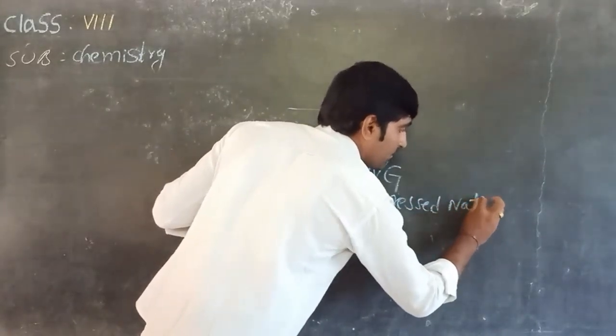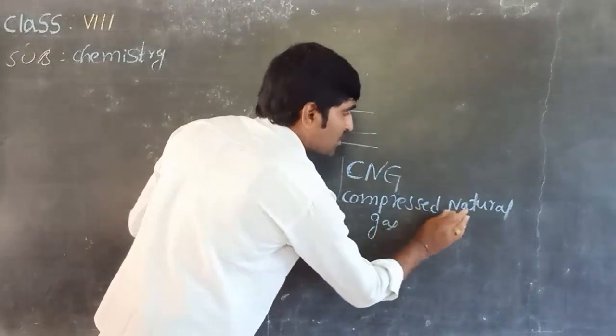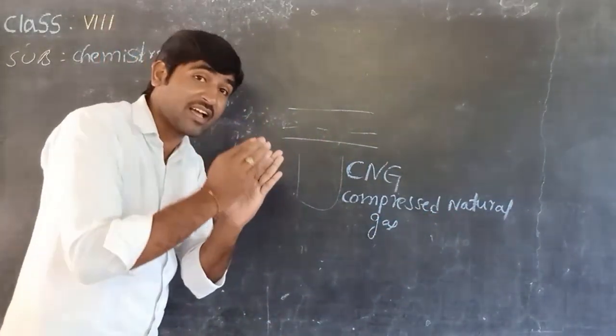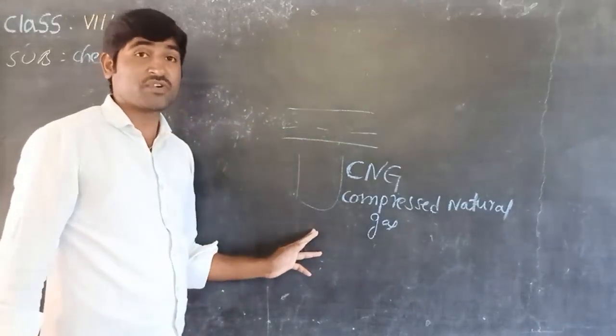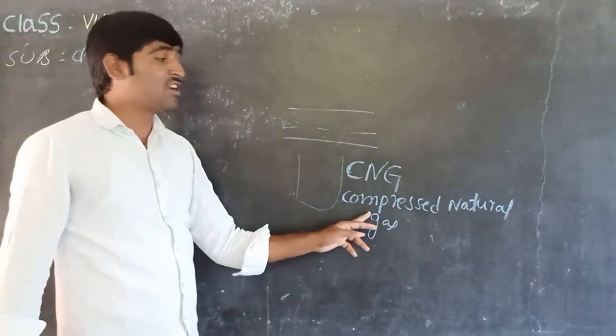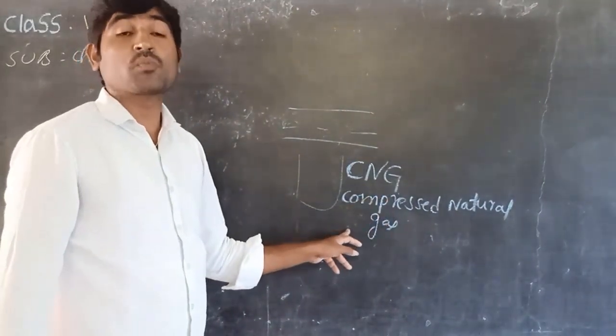CNG means what, children? Compressed natural gas. How is the natural gas stored in the cylinder? By applying more pressure and compressing the natural gas, it is stored in the cylinder. That's what it is called, compressed natural gas. This CNG is used to produce heat